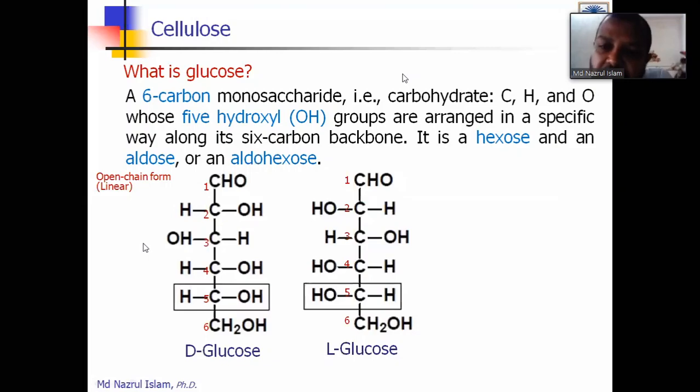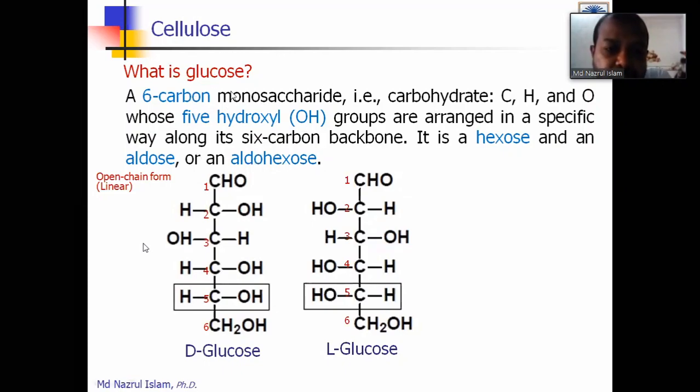Definitely it is a carbohydrate. Never define carbohydrate as just hydrated carbon, meaning C, H, O. You can say hydrated carbon, carbon with water, but at the same time you have to mention that it should be a sugar, otherwise it will not be a carbohydrate, because lignin is also made from C, H, O, but it is not a sugar. So if you say hydrated carbon is carbohydrate, you will get 0.